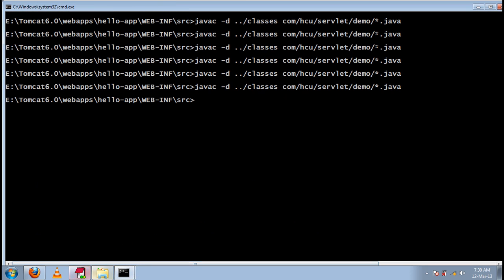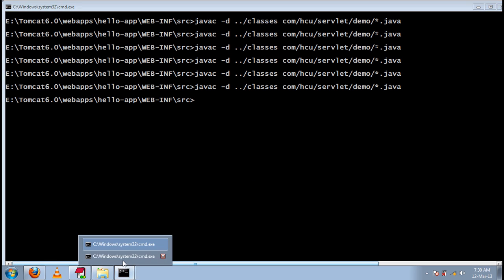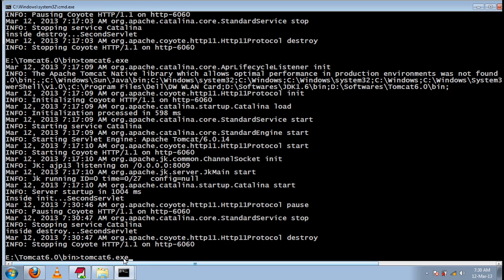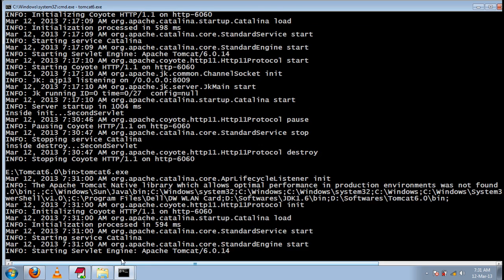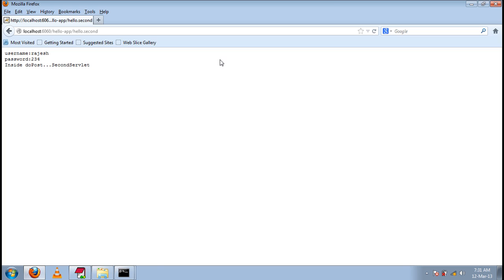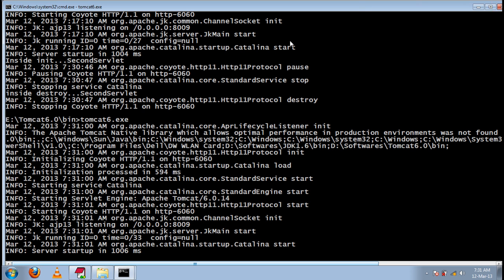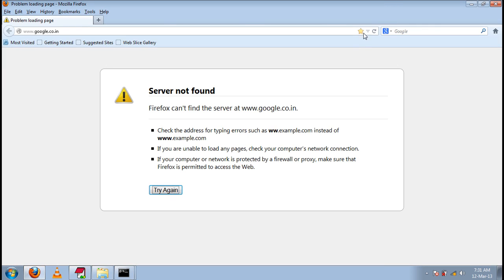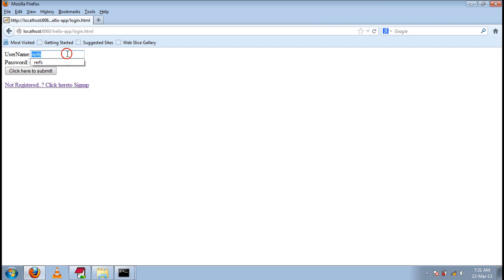If you compile the application, stop the server. Already the server is stopped. Restart the server. Just let me close the browser and open a new browser so that it will be fresh. So let me enter the username and password.